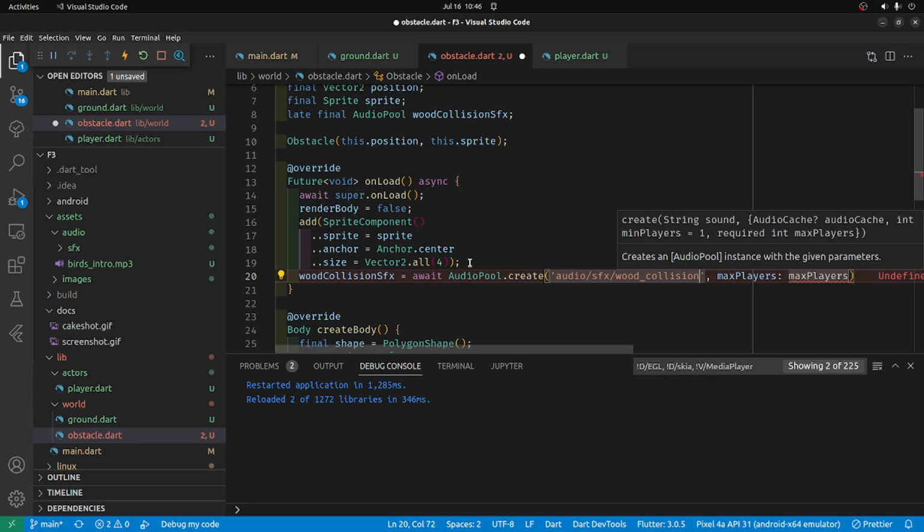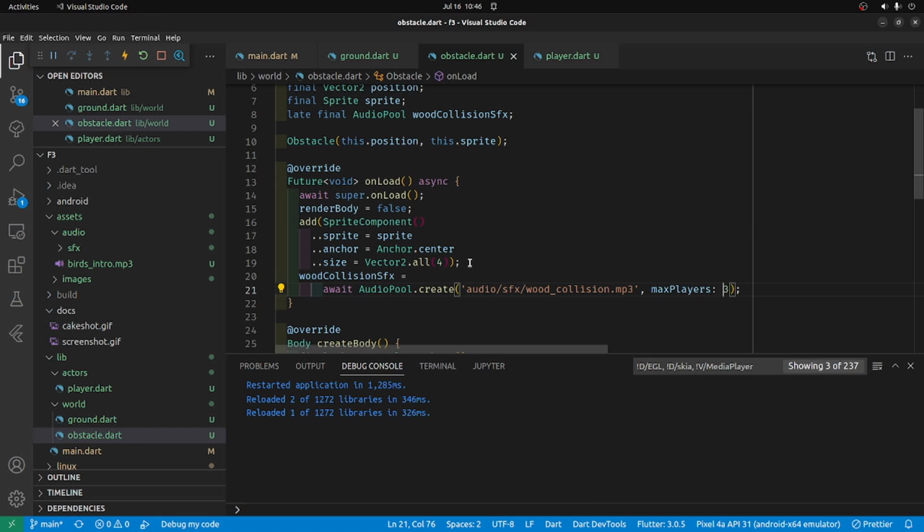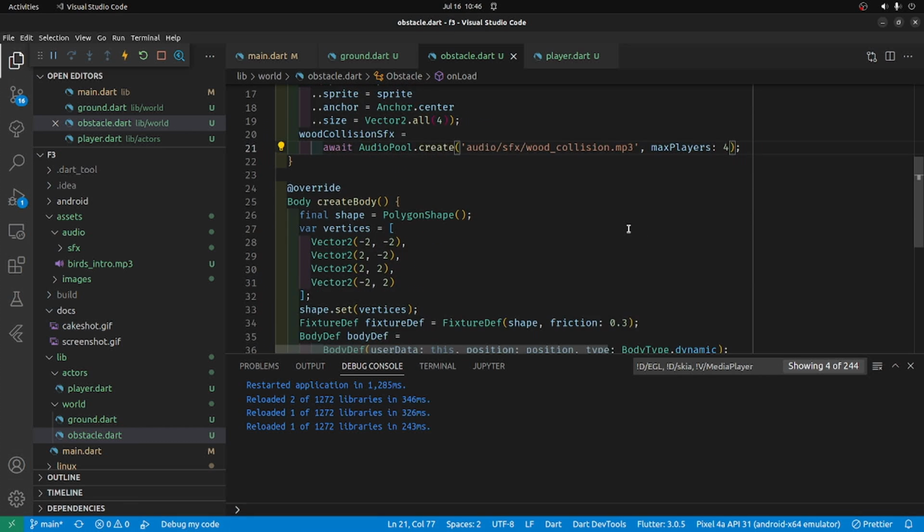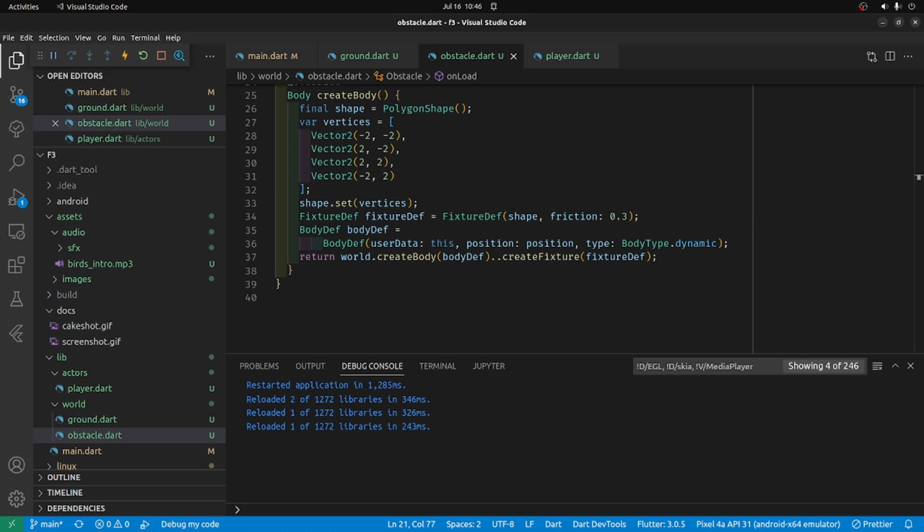This is the name of the file, right, that we're trying to play. And in this case, maybe I'll set the maximum players to something like 3 or maybe 4, just in case multiple things are hitting at the same time. And then to trigger it,